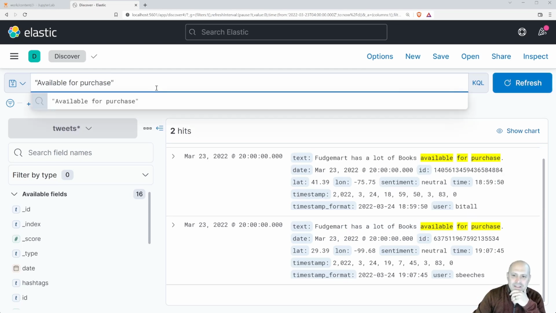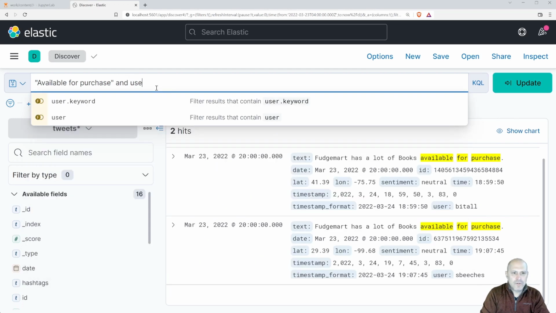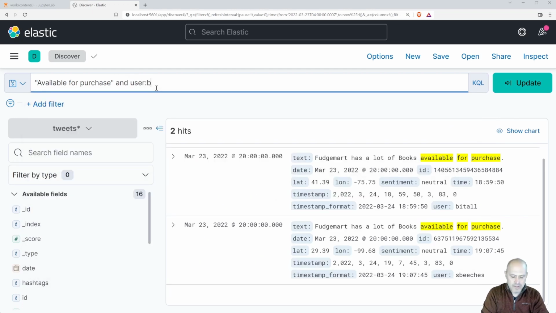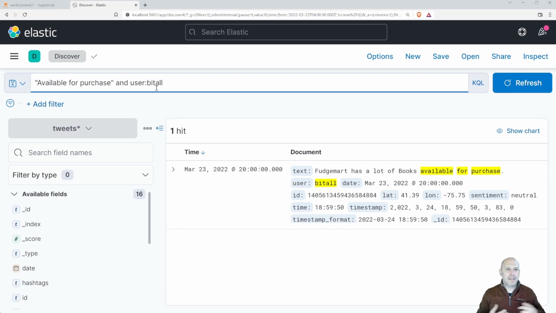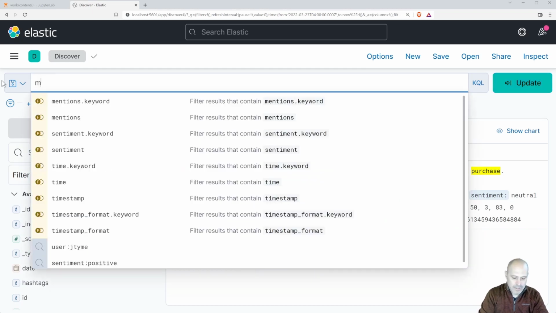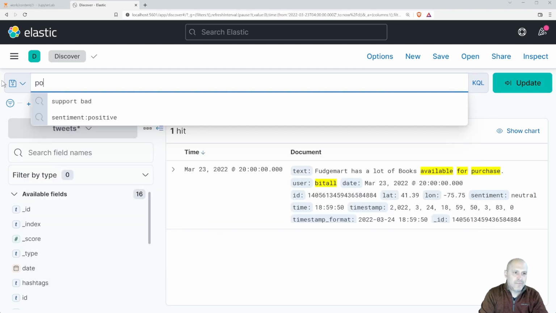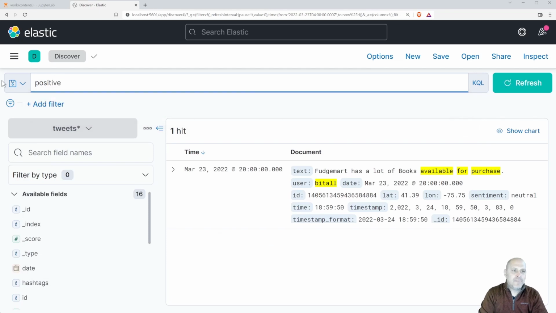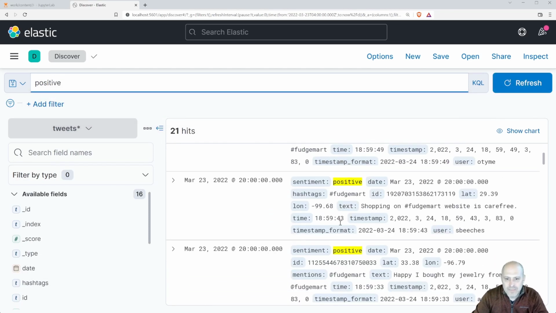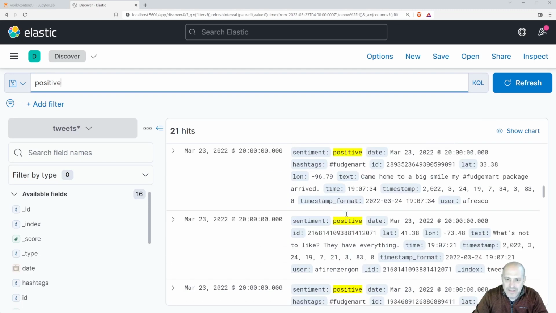And then maybe from that, I can then look for a sentiment or a user, and user is Bitall. Right? So I can combine these together to do search. And this is a lot like the kinds of searches that you would do in Google, right? I can just search for neutral, or let's search for positive without sentiment, right? So I get some of these sentiments are positive, but if the word positive appeared in the text,